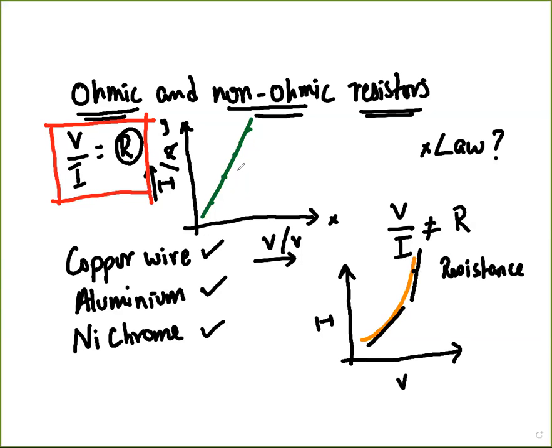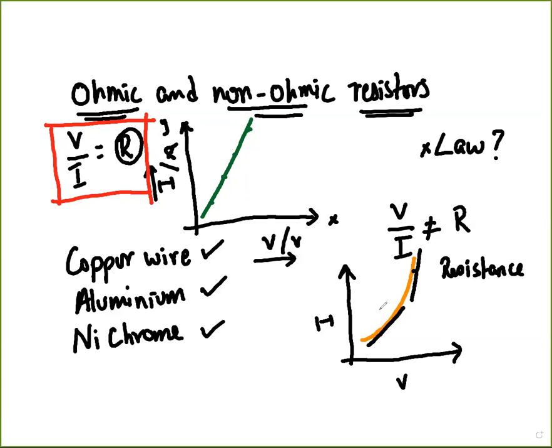What was happening in an ohmic conductor? When the voltage was increasing, the current was also increasing proportionately, so the resistance remains the same. Whereas in a non-ohmic conductor, the resistance is variable. It changes. When you increase the voltage, the current changes,